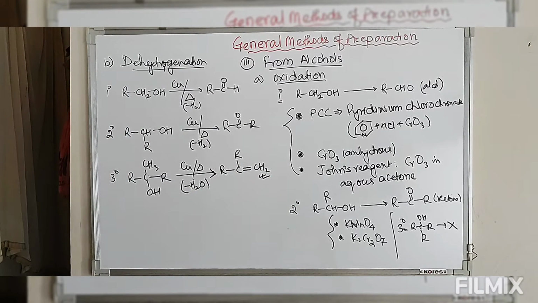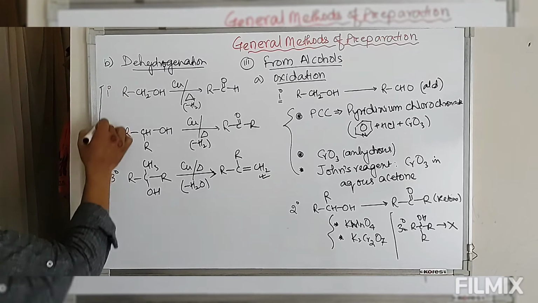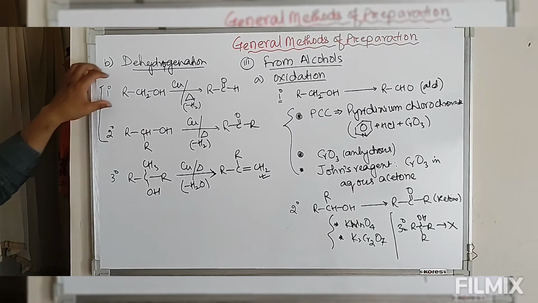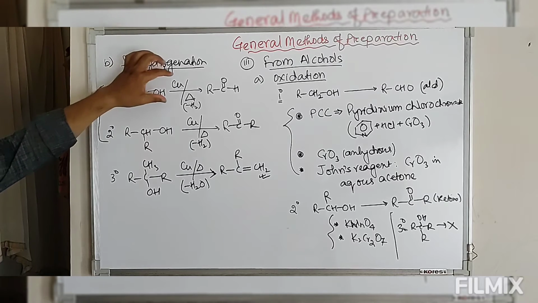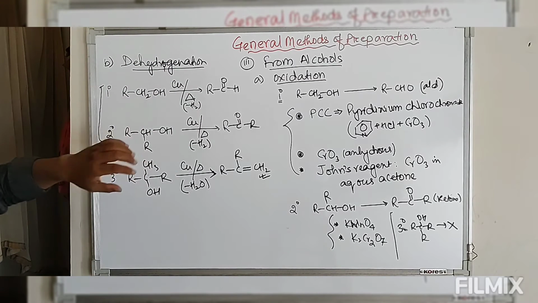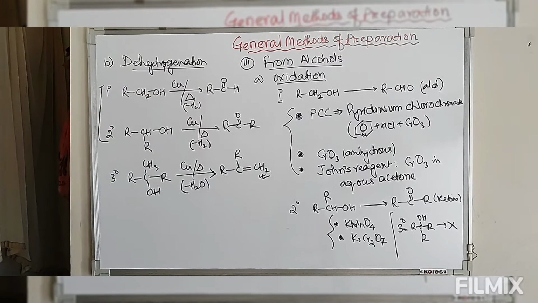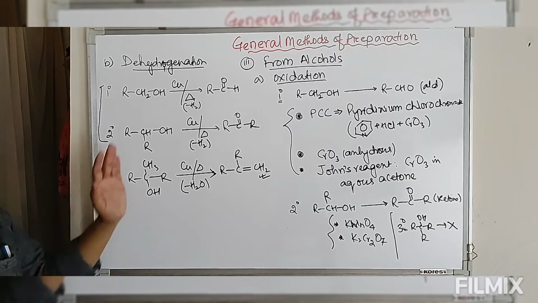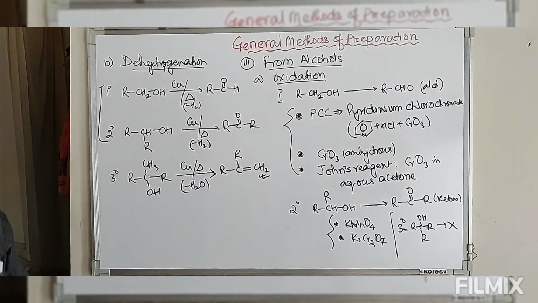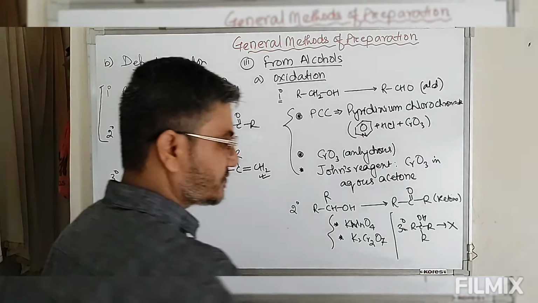Now we don't require alkene as a product. So again we are using primary and secondary alcohols. Primary can be converted into aldehyde by this oxidation. Dehydrogenation means heating with copper powder, and secondary can be converted into ketone by dehydrogenation with copper powder. So this is the second method, that is dehydrogenation. By use of this, alcohols can be converted into aldehydes and ketones.